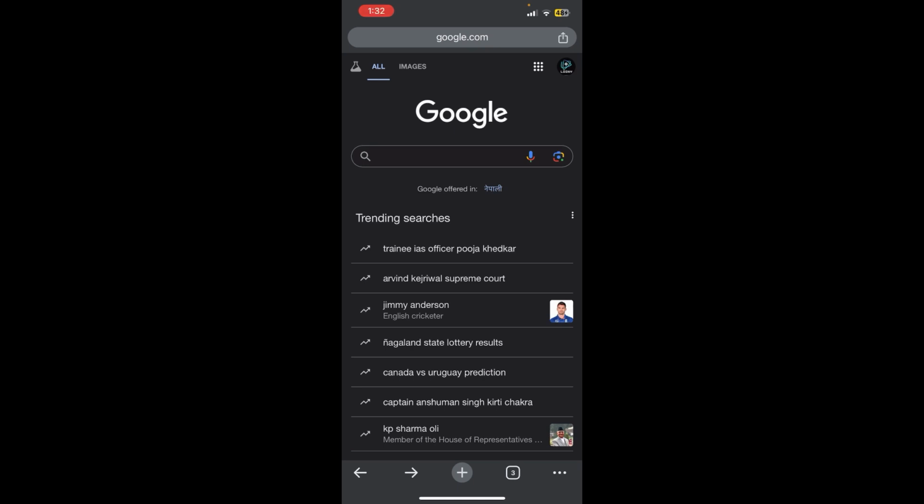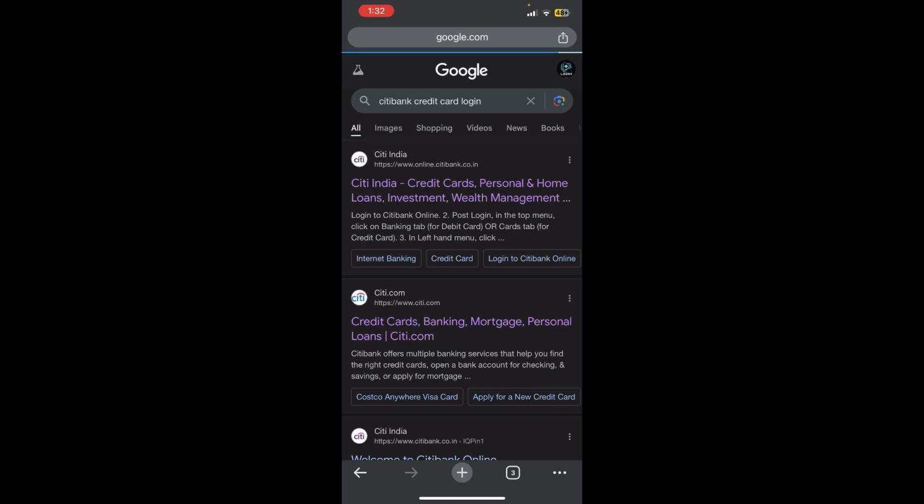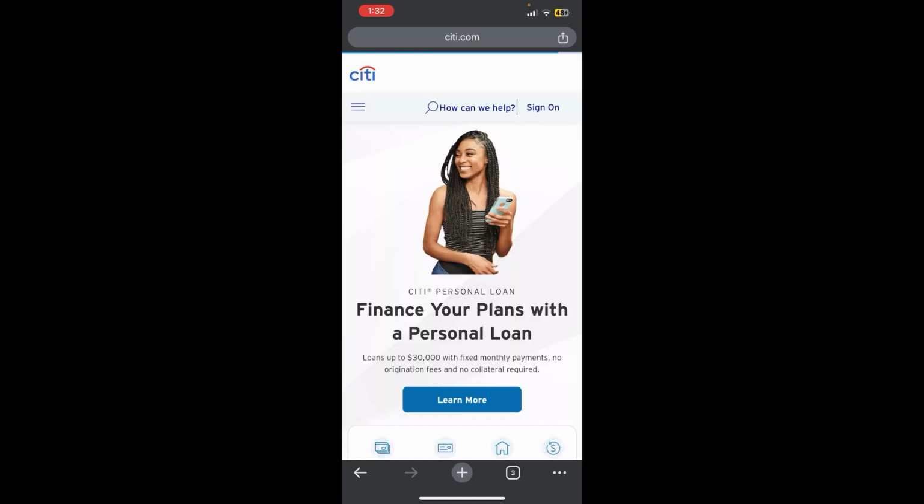First things first, I assume that you have already opened any of the internet browsers, and now you need to search for the Citi Bank credit card login in Google. Once you do that, you'll be able to see a link on the screen, where you need to tap on that link. And now you'll be redirected to the official page of the